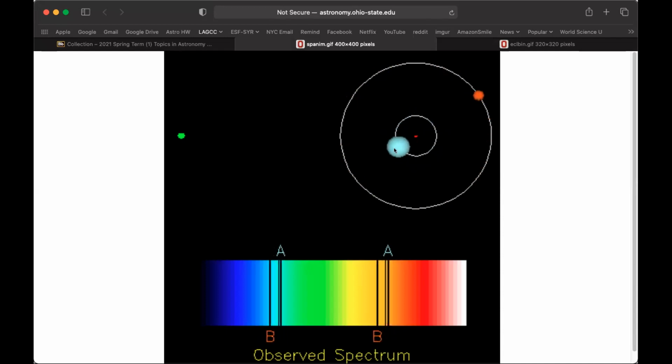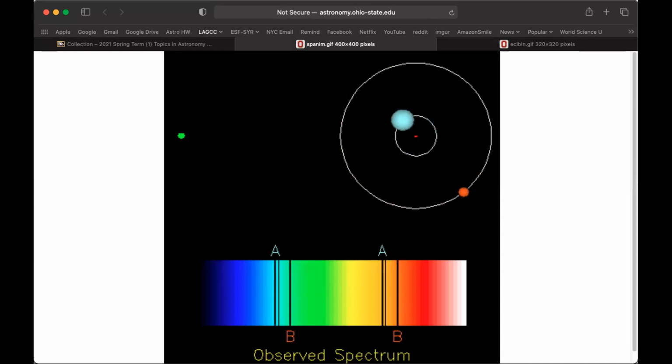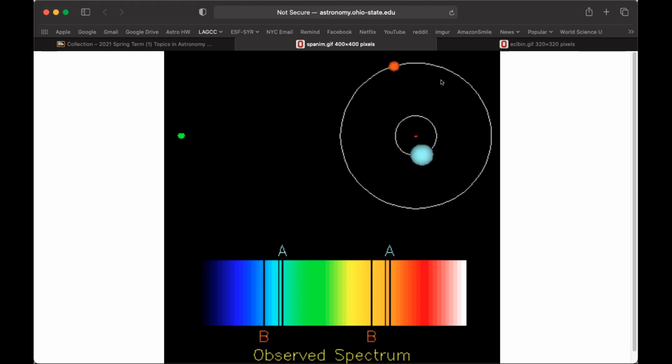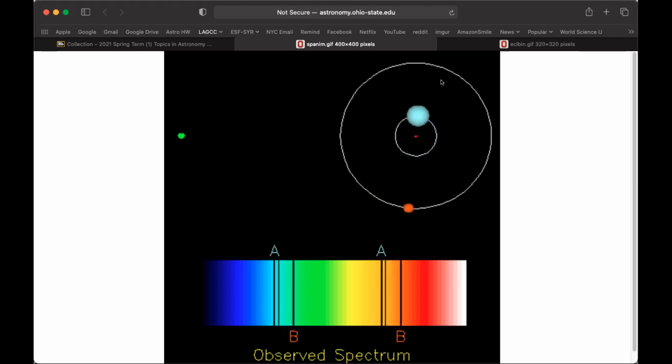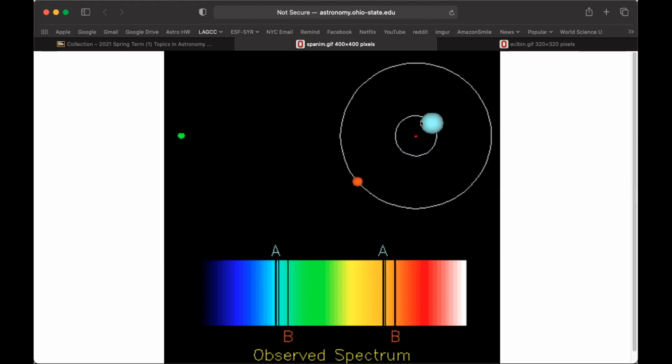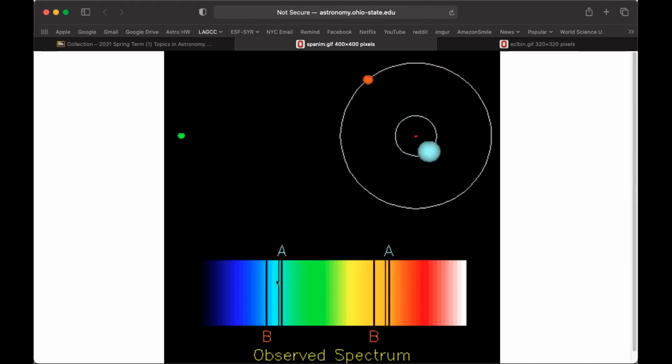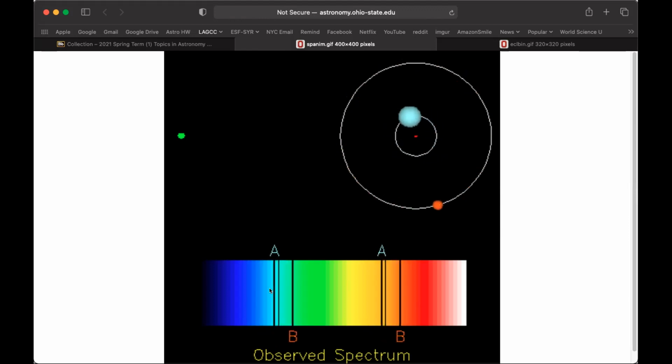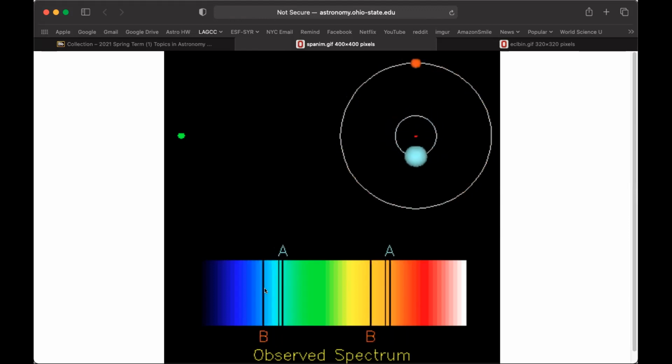And we're recognizing that both stars exhibit Doppler shifts, and their shifting opposes each other, because as one star moves towards us, the other star moves away from us. Right, again, as one star moves towards us, the other moves away. So let's follow the red one because it's the most obvious to see on the bottom. When the red star moves towards Earth, we should see that it gets shifted towards the bluer end of the spectrum. It's moving towards us. The wavelengths are decreasing, the frequency goes up, and we get that blue shifting.